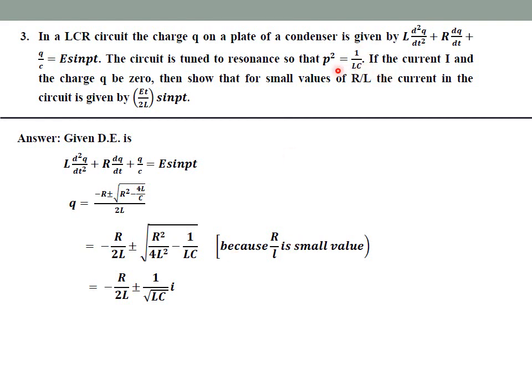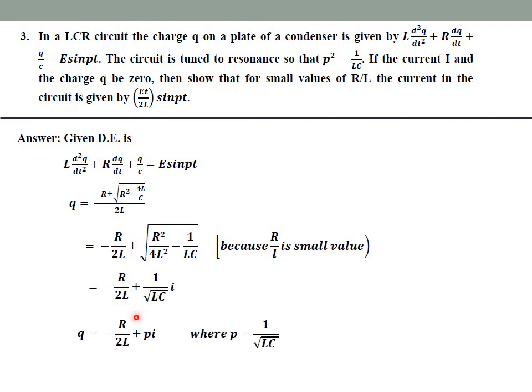See here, show that for small values of r by L, that indicates what? R by L is very small. Very small means what? It will almost become 0. So this entire term will become 0. So what will remain is only root of minus 1 by LC. So root of minus 1 is i, and that I have simplified and written as 1 by root LC. So my QC will be,